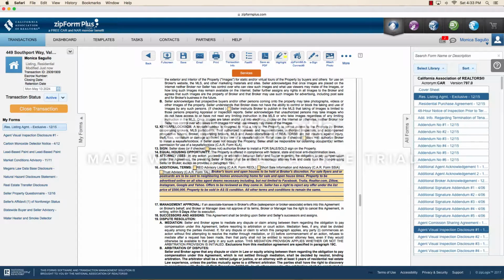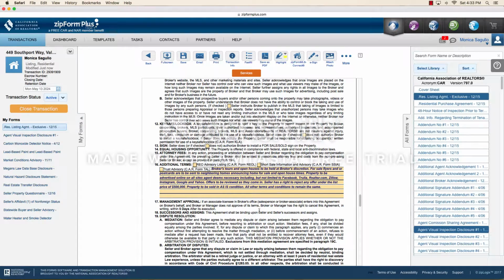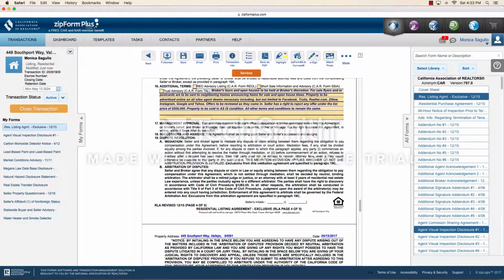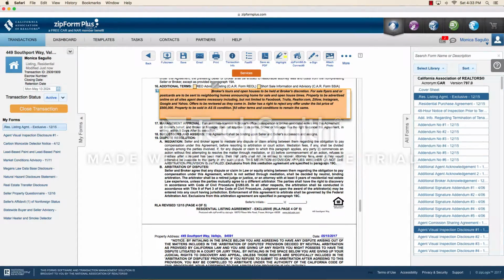Okay, so you put that there, and any other terms that you would like to add to this listing agreement. Oh, actually, you can also put